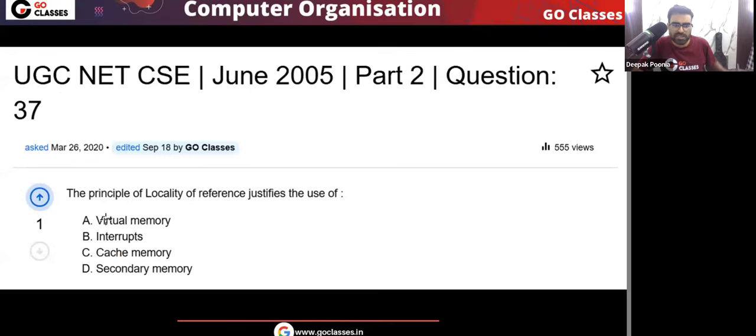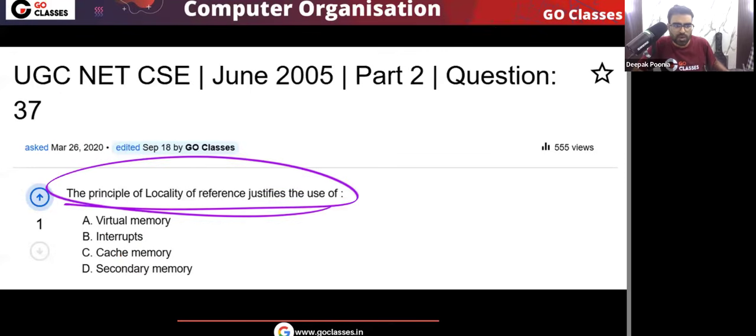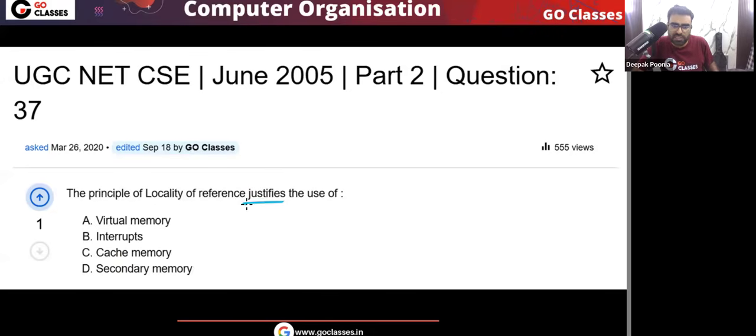So for this UGC NET exam question, the principle of locality of reference justifies the use of cache memory and memory hierarchy. For this question, the answer will be that property of locality of reference. Majority of the programs have this locality property, and that is the reason cache memory is effective, and that is the reason this memory hierarchy is effective. So you can see, this locality property justifies the use of cache memory,